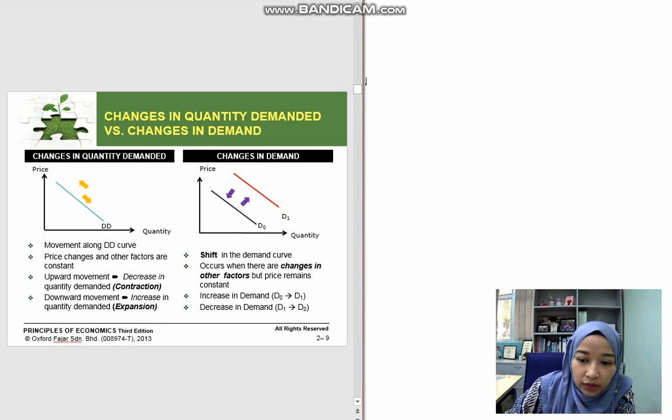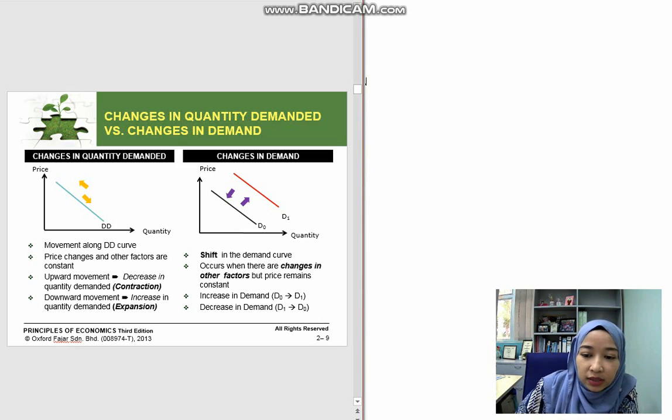So we have to look at the factors that can change demand. So apakah faktor-faktor yang boleh menyebabkan sama ada orang nak beli banyak ataupun orang beli sikit? So apa faktor dia? Ada 2 faktor utama, iaitu we have 2 factors that can change demand. The first one is internal factor, okay, faktor dalaman, which is price. Okay, so internal factor is price, meaning what happens to the demand when price increase or decrease.